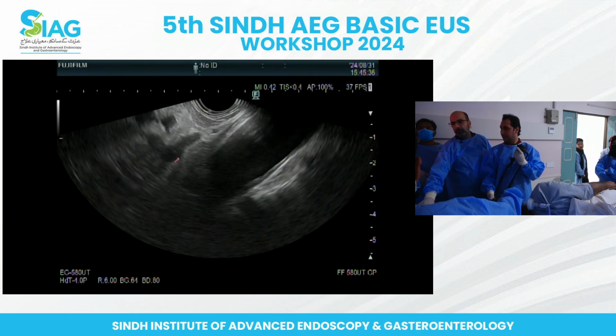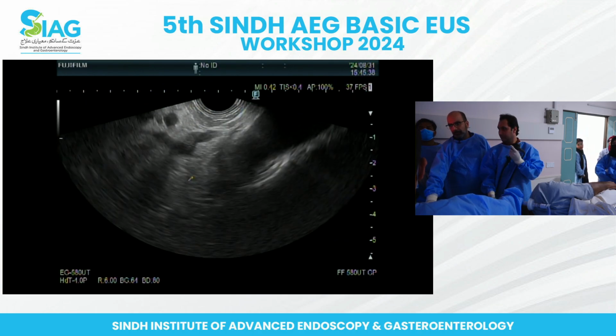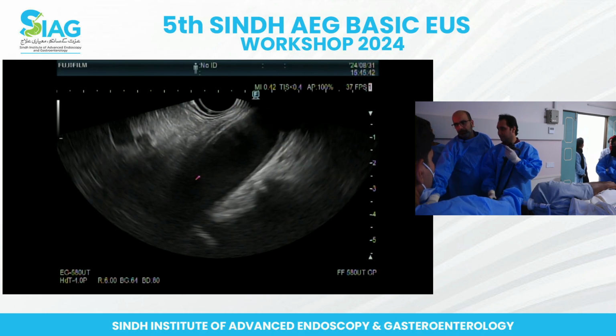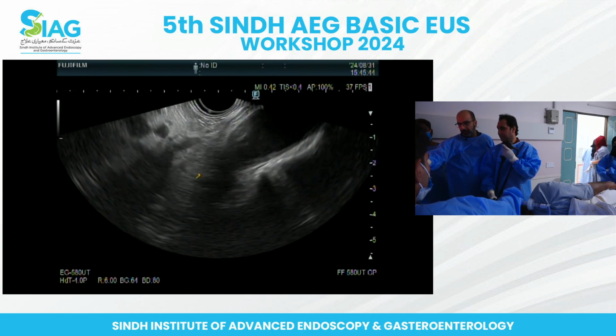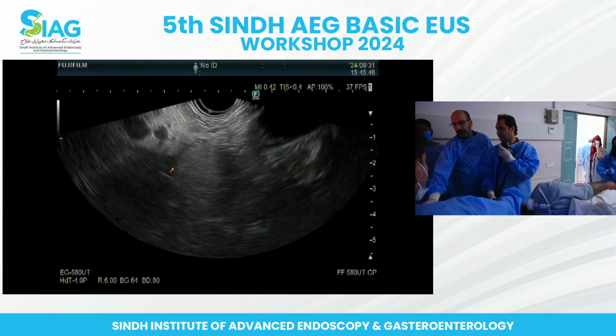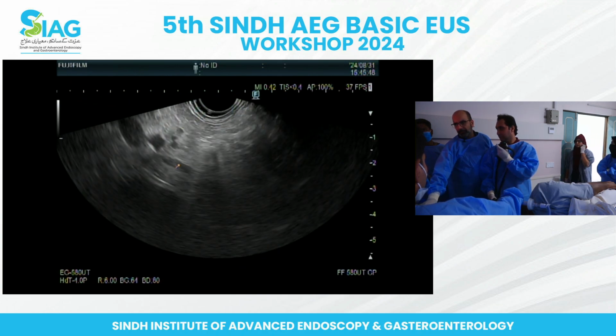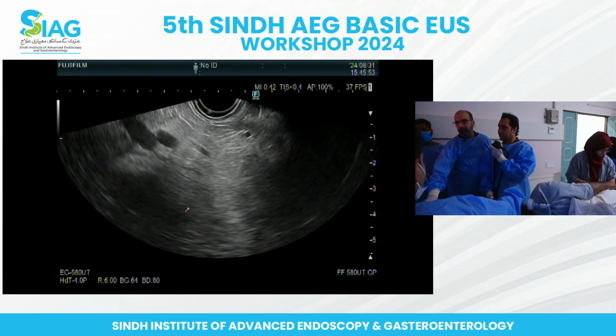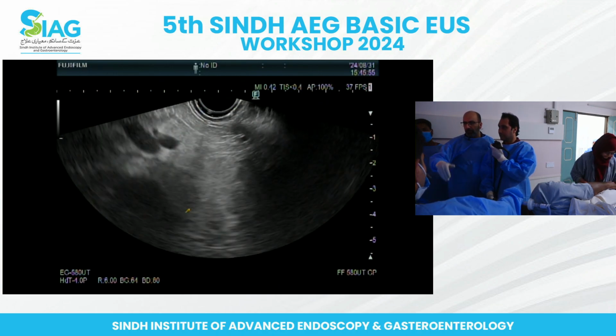So if you keep going clockwise, keep going. Don't move the scope. So there you go. Keep the adrenal in view. And that's the adrenal. Keep going. Since you saw it, you keep going and you'll see a bit of the kidney, right? Now you can just go slightly counterclockwise,